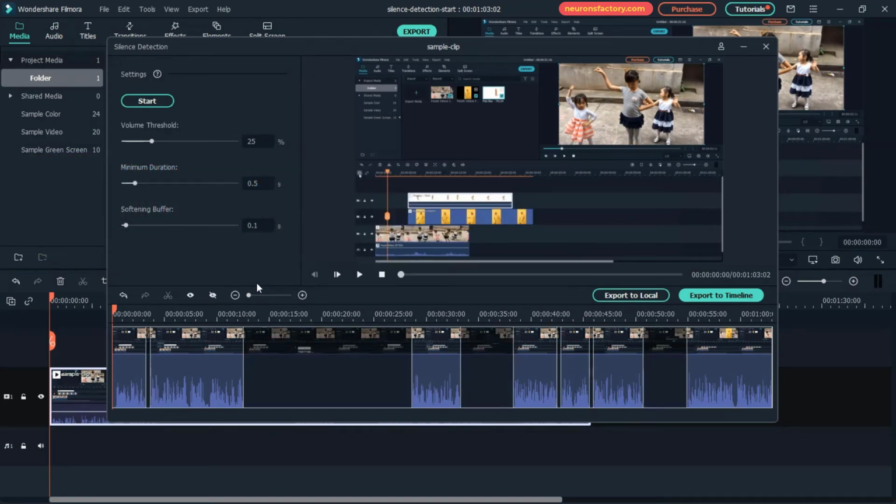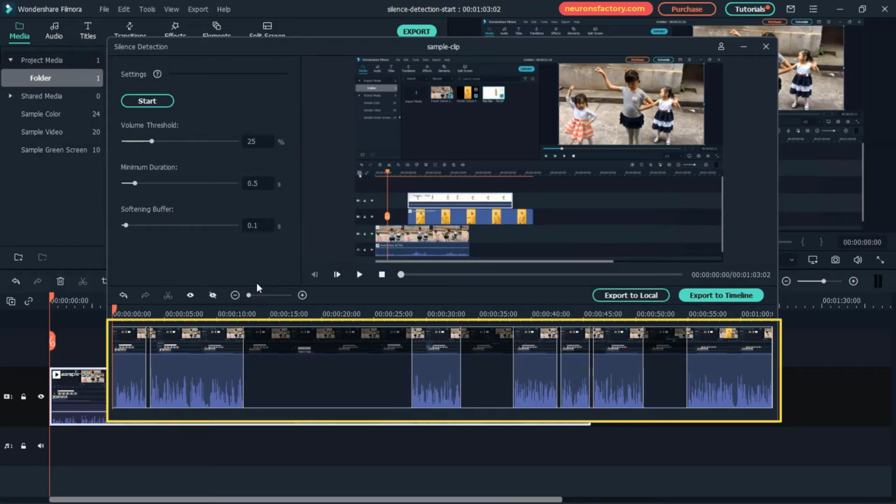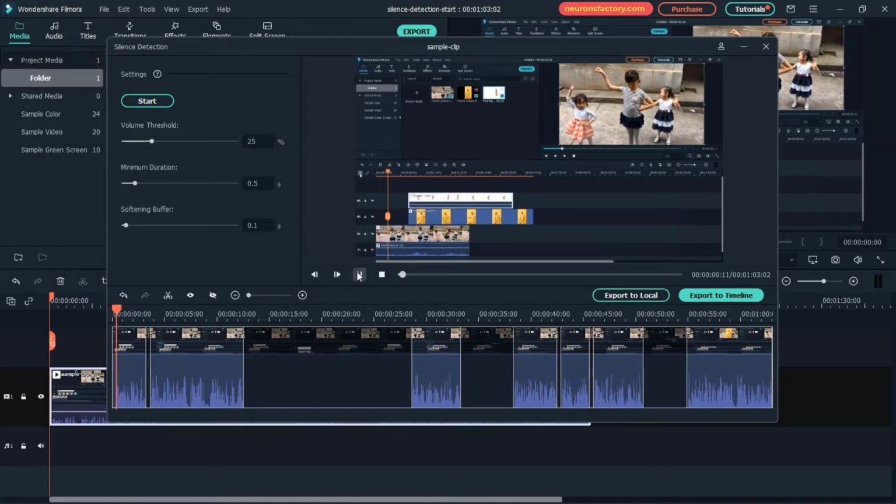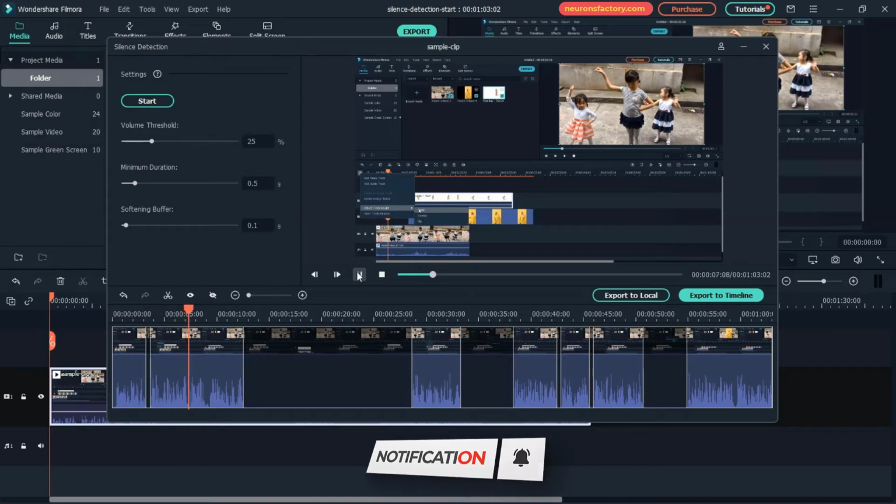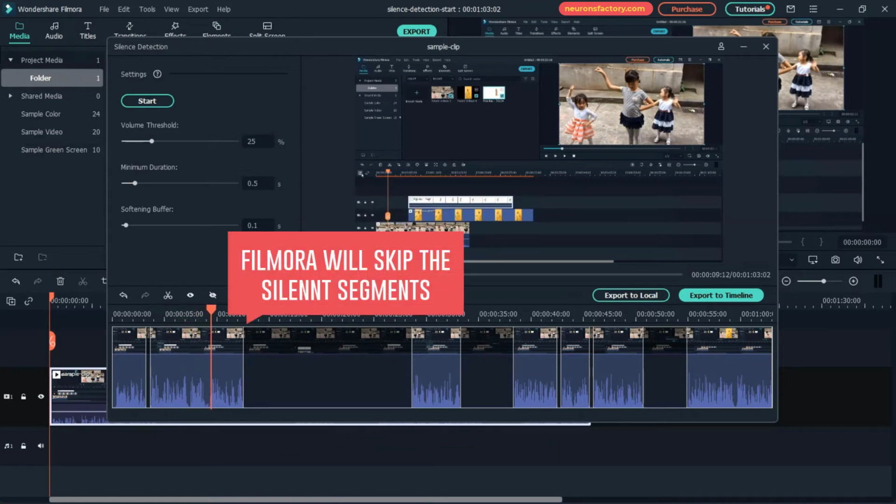Filmora automatically detects the silence and marks it in the timeline here at the bottom. Let's listen to the audio with default settings. Use these two options if you want to delete tracks. Use this option to change the height of the track, bigger or smaller, depending on how you like it. You can also drag a track's edge to change its size.